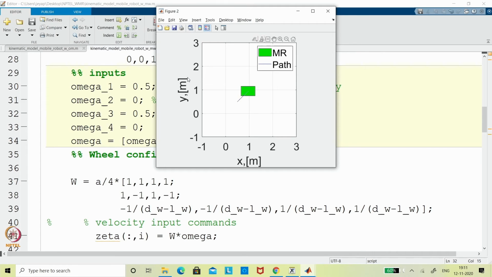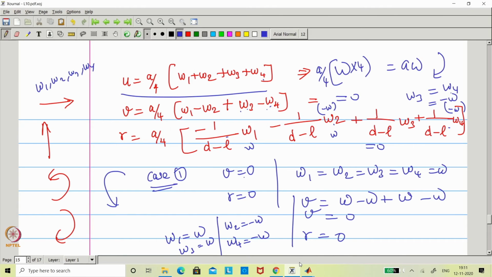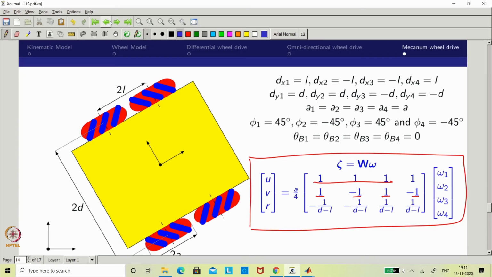So now we will come back to the slide that we discussed. Based on this particular configuration, you have seen how the kinematic simulation can be beneficial, because these 4 wheels are Mecanum wheels, and you cannot directly get the understanding. So if the kinematic simulation exists, then one can make it more beneficial by varying the parameters. Right now we have taken L and D, and even if you vary L and D, you can get it. Similarly, if you change the wheel radius, you will definitely get it.